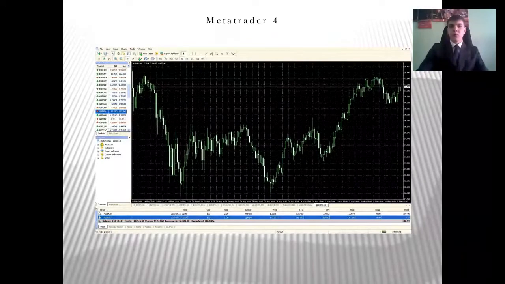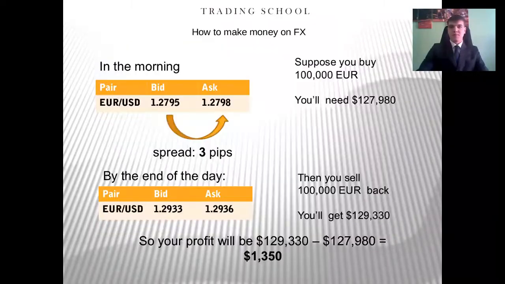Now we see a very important thing. It is MetaTrader 4, a platform, and basically a program. Here in the middle you see a diagram of Australian dollar to Japanese yen over a period of 1 hour. On the bottom of the graph you see indexes of balance, the funds, available margin, and other stuff we will discuss later on. So let's go back to our first question, how to make money.